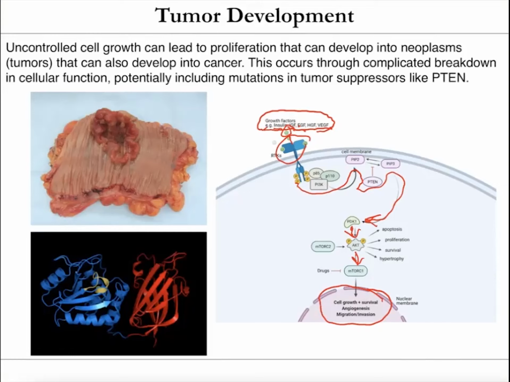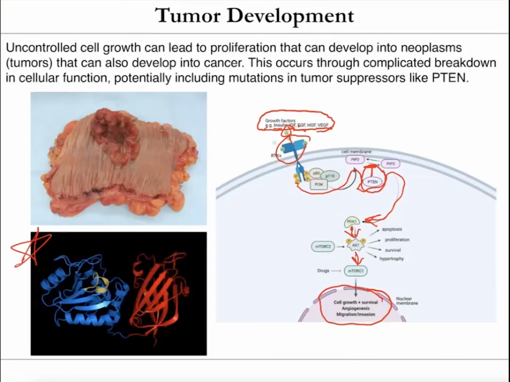Now, there are some proteins like this protein whose structure is shown here, which is a pretty cool protein called PTEN. PTEN is actually a tumor suppressor gene because it shuts off these pathways. That's really important because that would stop the cell. Okay, the cell needs to grow, but we don't want it to grow and grow and grow, because that's how you develop tumors. So something like PTEN tells those pathways when to stop growing.